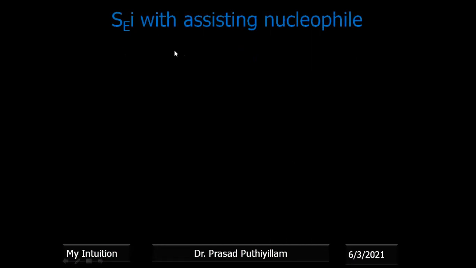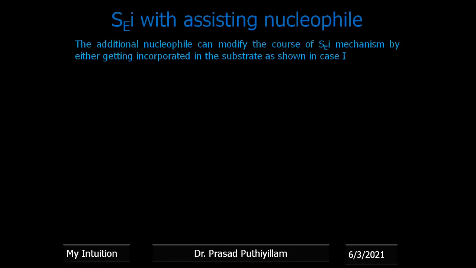Another category, a special case, is the internal assisted substitution electrophilic reaction, which is further assisted by an additional nucleophile, not the nucleophile present along with the electrophile, En, in which E is the electrophile and N is the nucleophile. It is an additional nucleophile, maybe from the solvent molecule. It assists the SEI mechanism, in which, if the assisting nucleophile gets incorporated into the substrate, that is treated